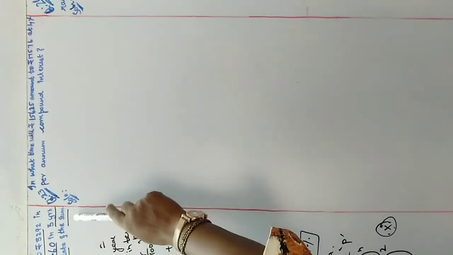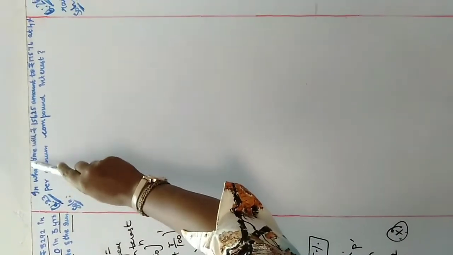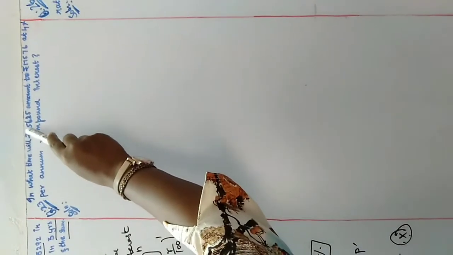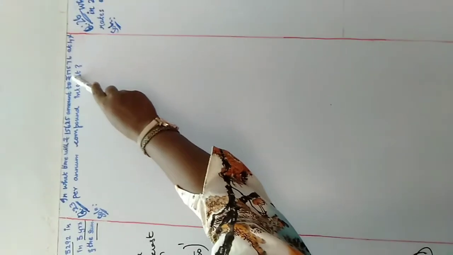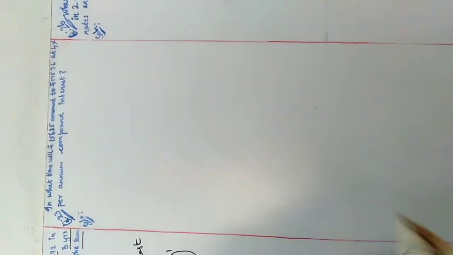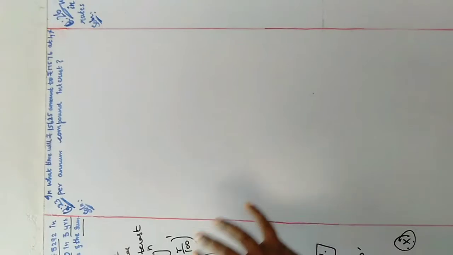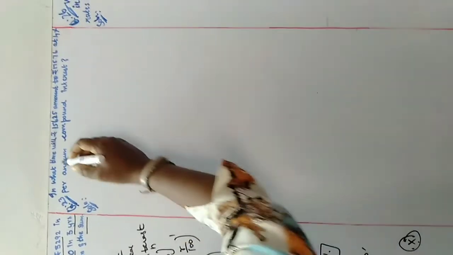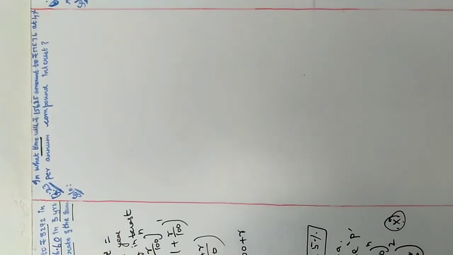Okay, yeah. Our next question is question number 23. The question here is, in what time will rupees 15,625 amount to rupees 17,576 at 4% per annum compound interest? So far we have found the amount, principal, and rate of interest. This is the first sum where we are going to find the time, right?